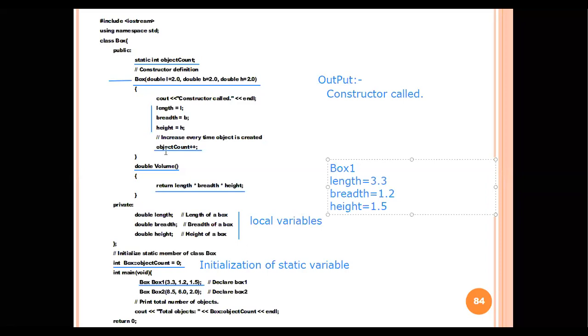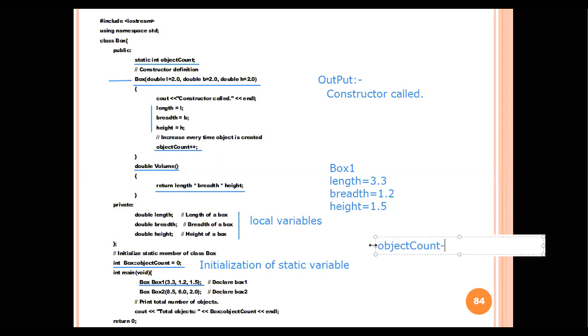Next, what will happen after this? Next one, object count plus plus. When we compiled this program, what is the value of object count? Object count is 0. For our purpose, I will write it here.